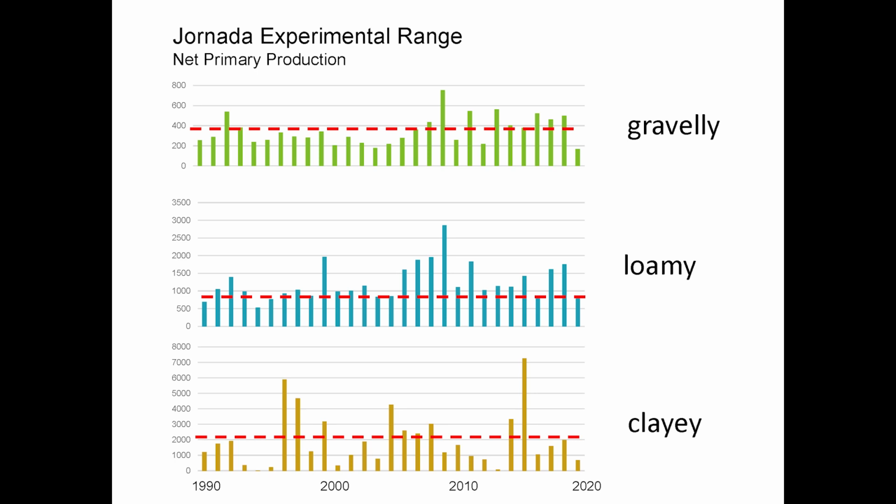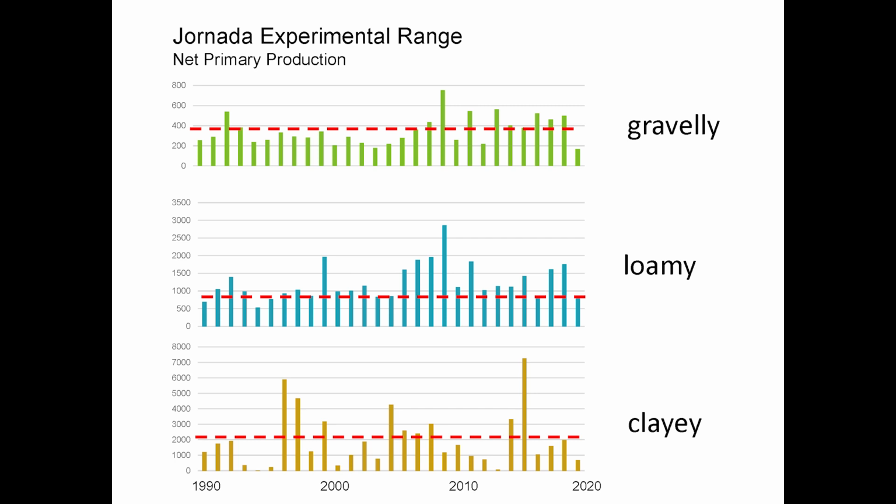Now, if you remember, we said net primary production is what drives that annual change in soil carbon. We're going to be up here, we're going to be down here. So if you try to run out there and measure it this year, or this year and then this year, you're going to see these big differences if you could measure it that precisely, but they don't mean anything. This is just natural variability. This is what we have to deal with.